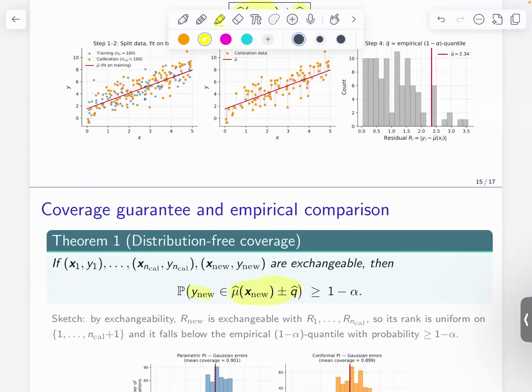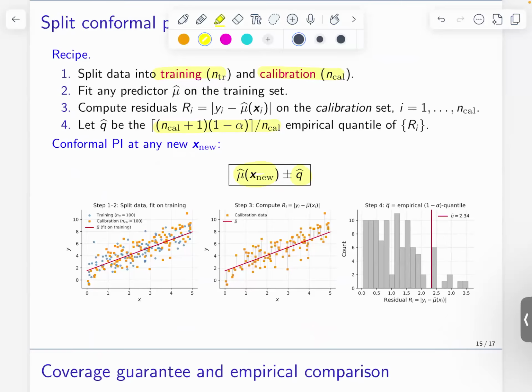Next time I'm going to come back, so just look at these slides and try to understand. It's a very simple procedure. You just train on one part of your data, and then you calculate the residuals on the calibration set that you haven't used in training. Then you look at the absolute values, order them, and pick the quantile, where the index K is decided by a factor that depends on the relative size of the calibration set and on alpha. Then you just widen the width of the interval, and this is guaranteed to cover